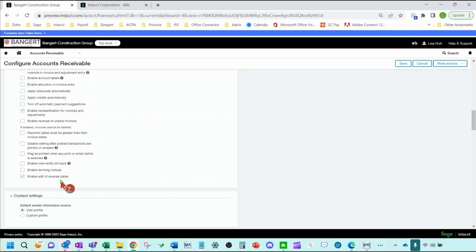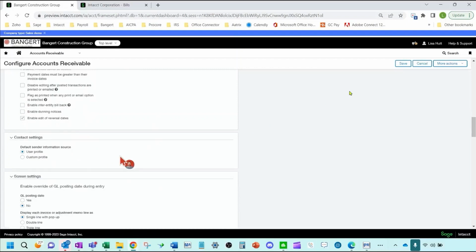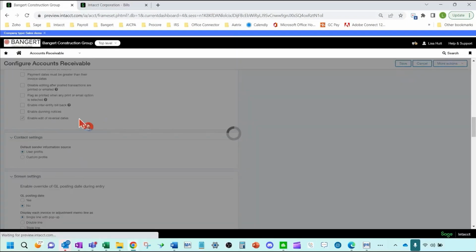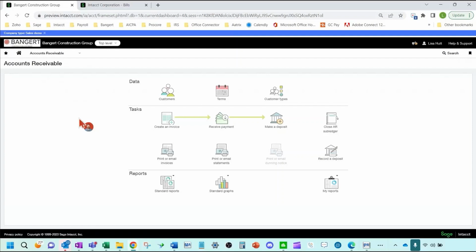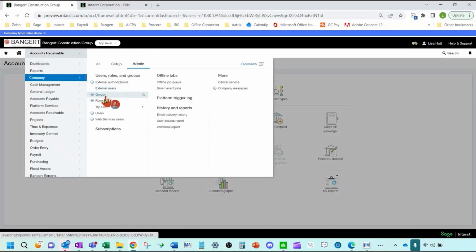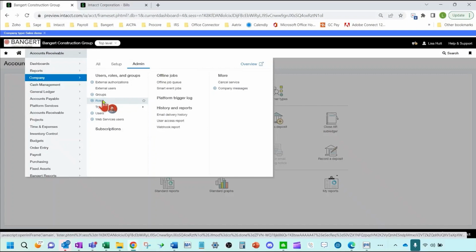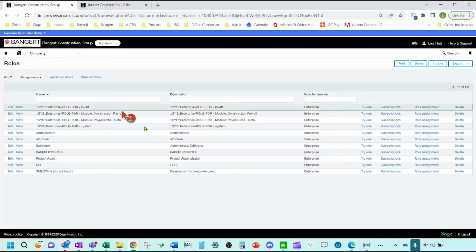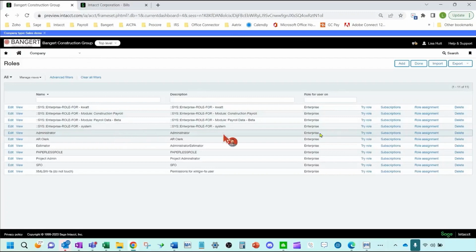And then in addition to that, you do need to assign some additional security in the system. So for example, if we go into the security section, you would go into the accounts receivable role, or the role of the users that need this ability. I'm just going to show you administration here.